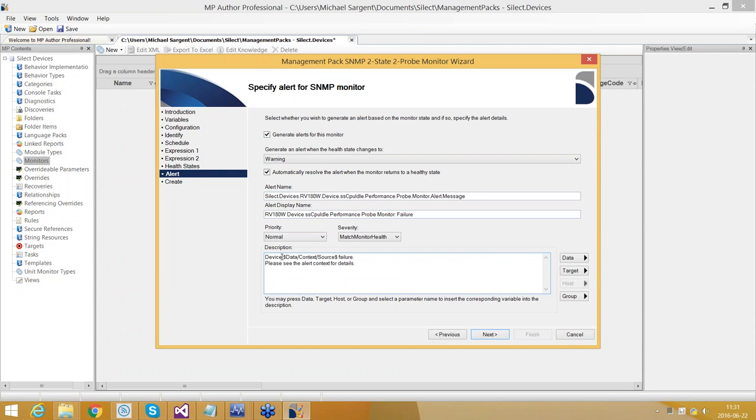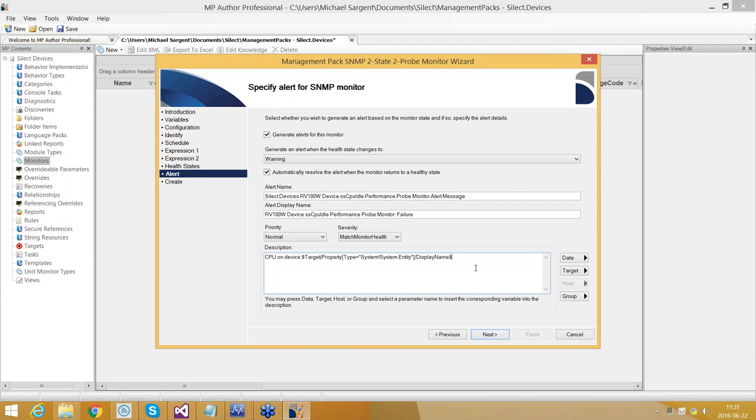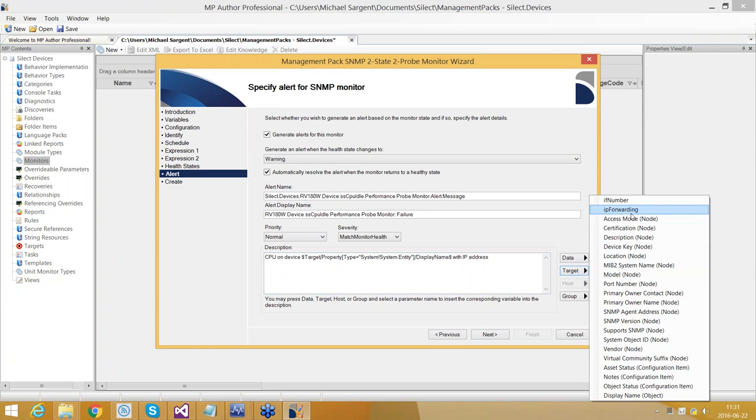This is a text field with certain replaceable parameters in it, and that's these things that show up in $ signs. So let's create our own description here. CPU on device, and we'll choose from the target the display name of the device with IP address, and again from the target we can get the IP address here, which is,